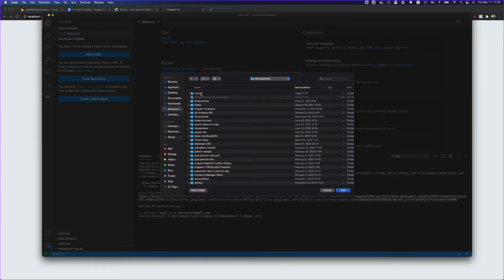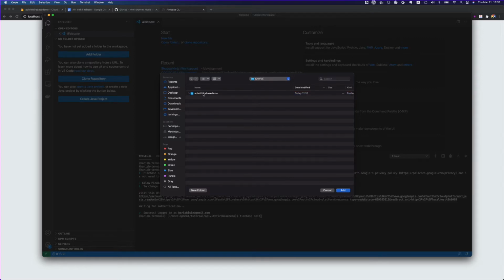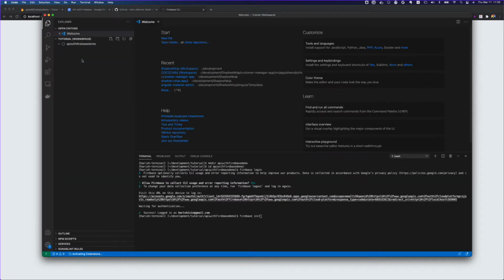Okay, so this is my project. Why am I adding it? So that you can see on the left hand side, whenever I am doing something here or initializing, what kind of files and folders are created, and then we will go over it.